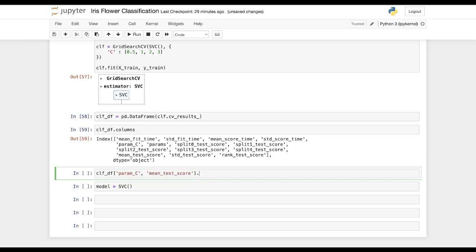And we also sort the values depending upon the higher accuracy. Initially we will show the values with higher accuracy and then the instances with lower. So we want the mean test score to be shown in descending order. We'll say sort by mean test score, and ascending is equal to false. Let's run this.